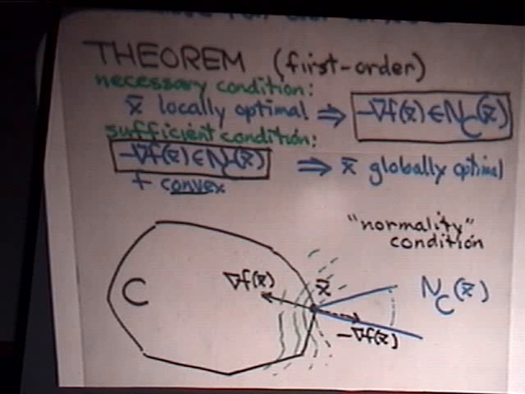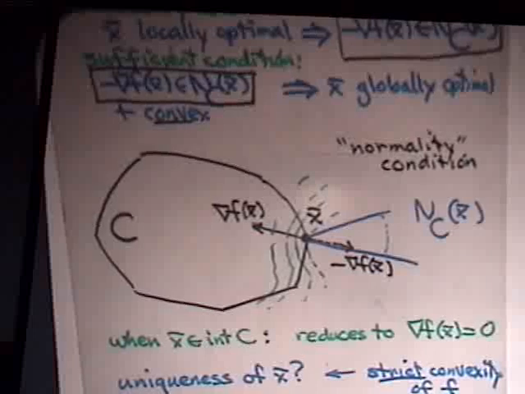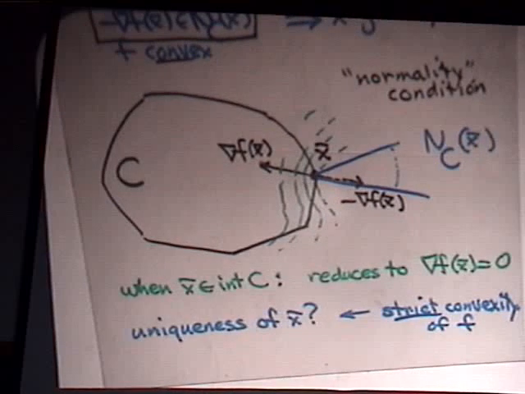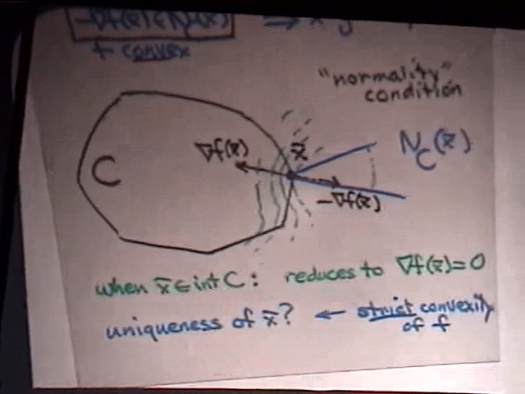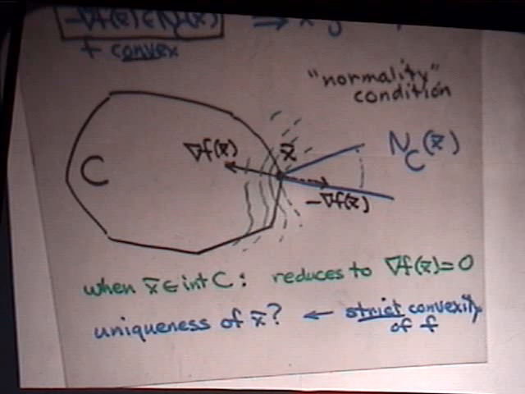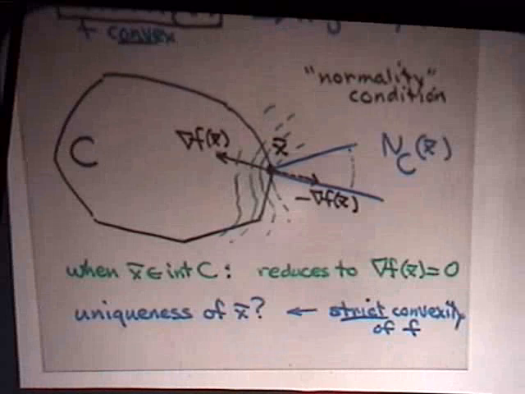And in the case where the function being minimized happens to be convex, this necessary condition for a local minimum becomes a sufficient condition for a global minimum. And notice that this condition has the virtue that if the minimum point is in the interior of the set, at an interior point, the normal cone reduces to just the zero vector, so then the condition just becomes the classical principle of Fermat, the gradient equals zero. It's just the first order necessary condition at that point. So all of that is covered by a single relationship. And uniqueness, by the way, is something you could get out of strict convexity.